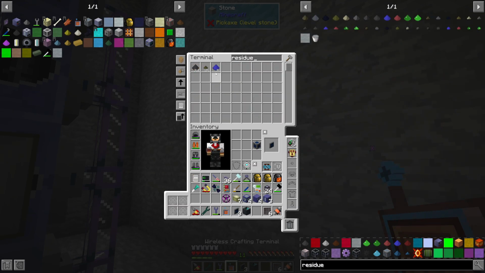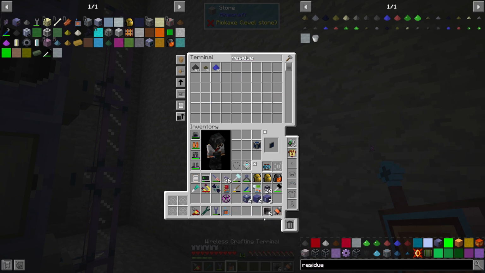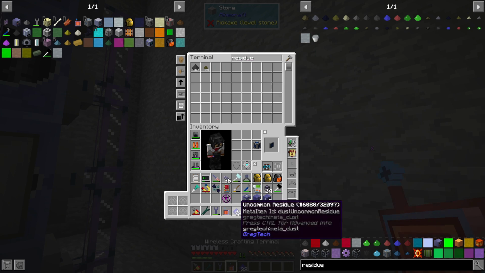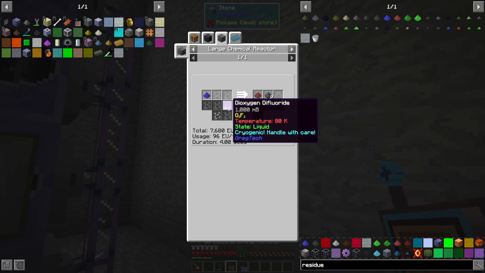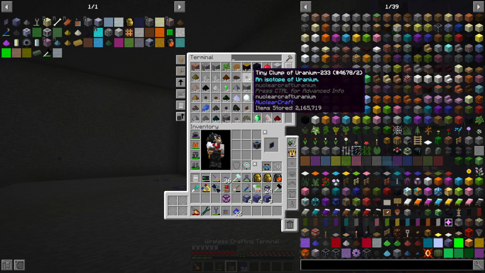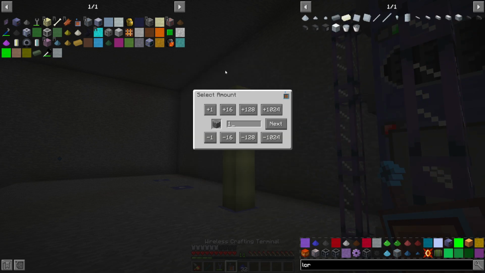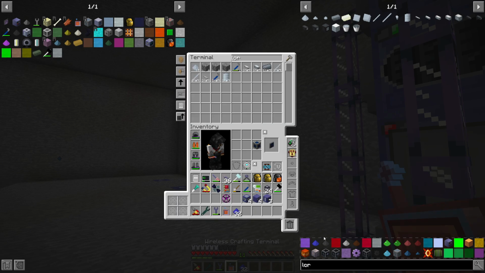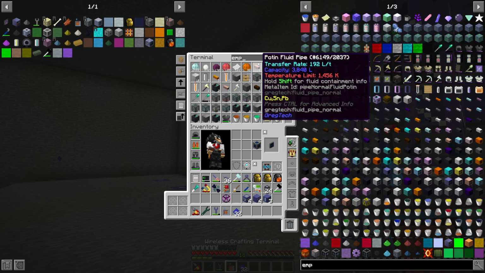Okay, so the residue that we care about is the uncommon residue. I'll just get rid of these items here. Right, so the uncommon residue, we're going to need to make an LCR for this. We also need to start making dioxygen difluoride. So how is this going to come out? Oxygen, fluorine, and an empowered void crystal. Okay, so while I'm here, I'm going to need to request 2 LCRs. Let's go IV. Oops. Okay. So this, again, is going to need an empowered...